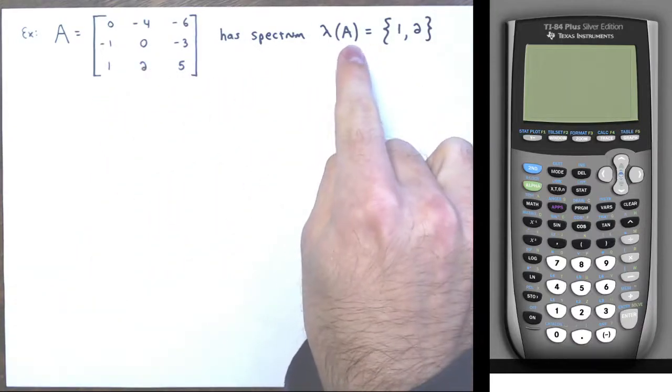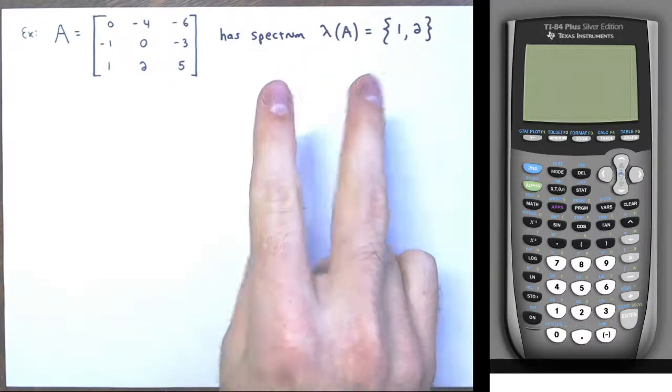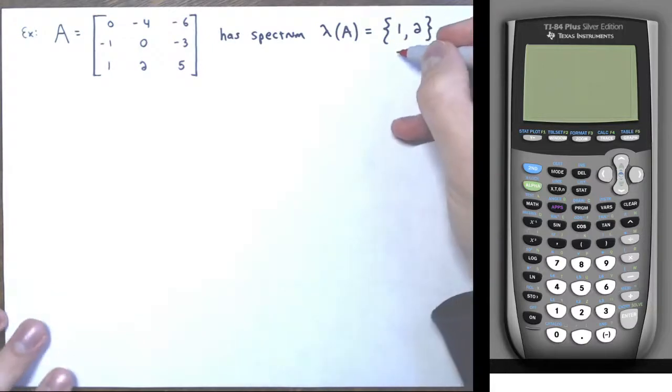This has eigenvalues of just 1 and 2. So notice it only has 2 eigenvalues, but it's a 3 by 3. And that's fine, all right? It doesn't have to have 3 just because it's a 3 by 3. What actually happened here is, and again, you can verify this on your own,